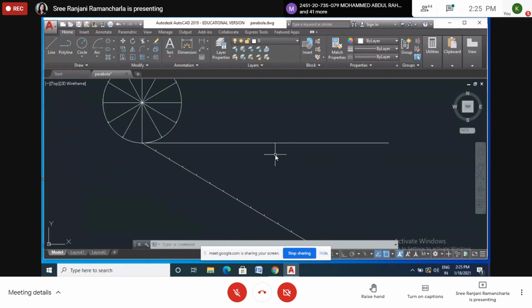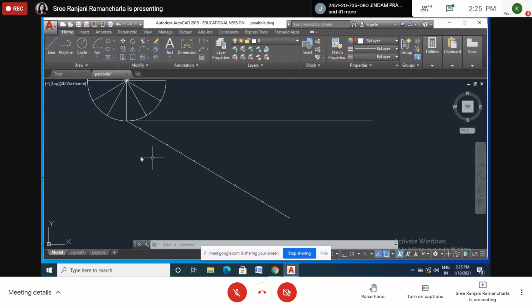So we cannot divide with a scale into 12 parts this length. So we have to go in this method, dividing a line into a number of equal parts. So what I did from here, I had drawn 12 centimeters because we want to divide into 12 parts. So here also divided. So you take 1 centimeter this one. So 12 centimeters. Please mark at 1 centimeter.